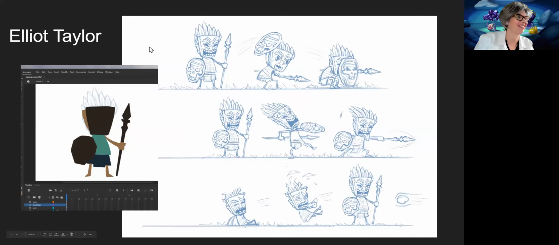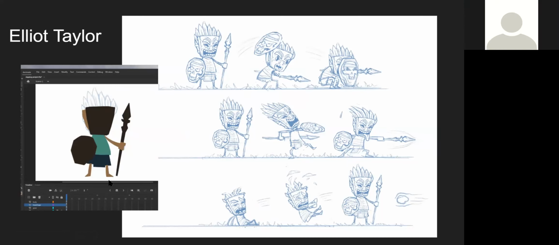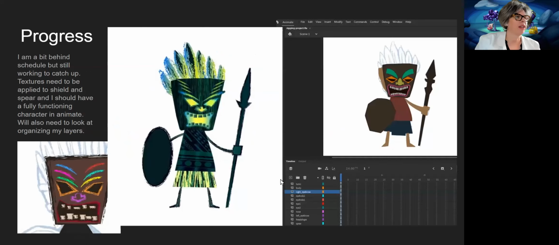These are awesome. Yeah, so this is the simplification of the build. This is where you started. It's really nice to see that part of the process. Yeah, I really didn't like it. I knew something had to change. This just didn't have the tiki, tribal feel. It needed more textures in there and to be more rigid, so I wanted to play with that. And so then you added these textures,